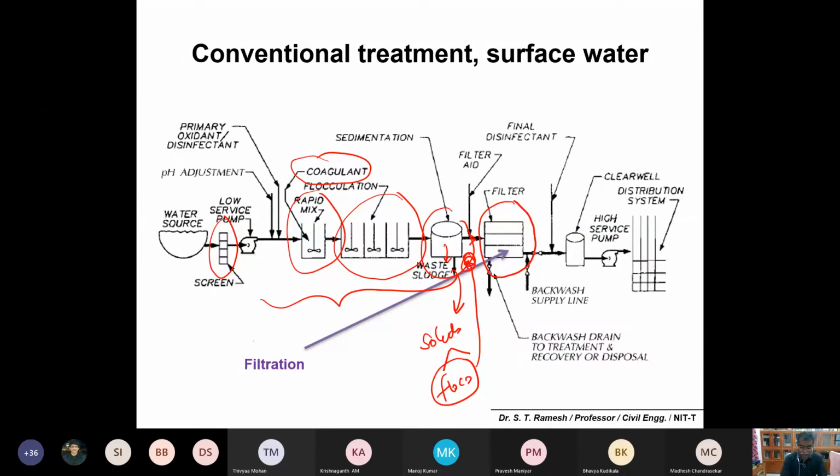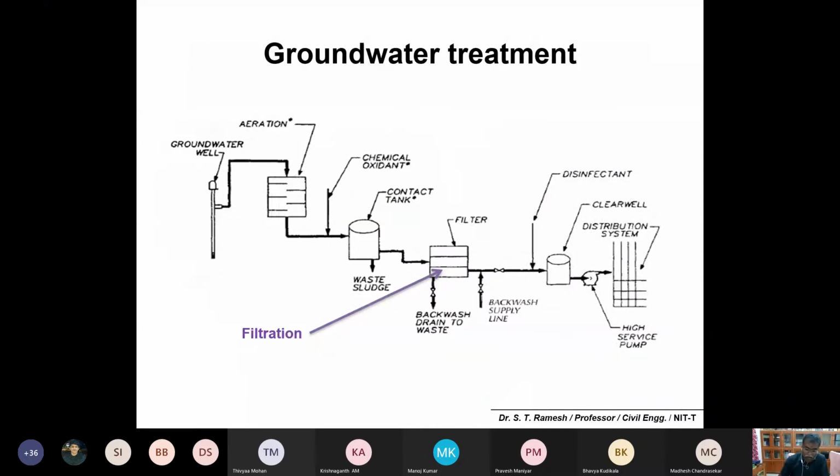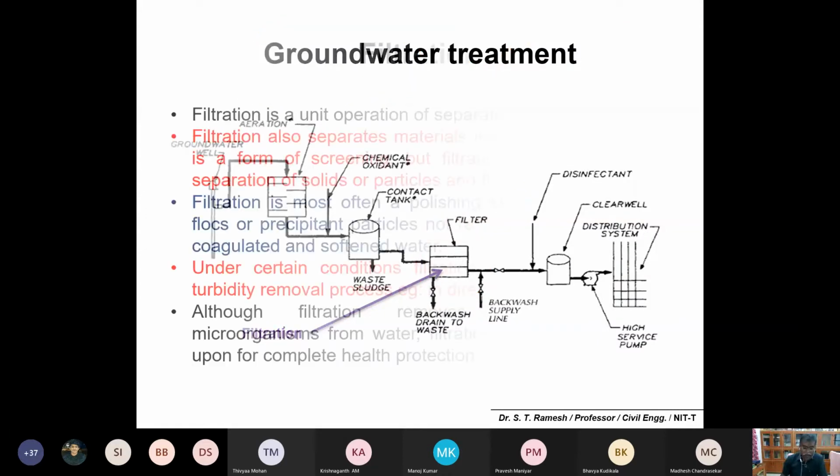Filtration is also a physical retention by a system or layer of soil grains, or filter beds. In the case of groundwater also, filtration is one you cannot avoid. In both surface water treatment and groundwater treatment, one unit operation is the filtration system. We will come back to this later, but just remember surface water and groundwater may have a typical unit operation called filtration.